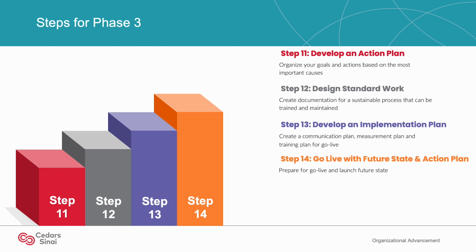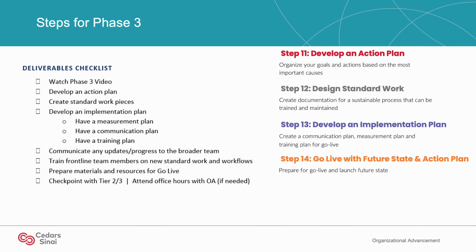By now, you and your project team should have completed putting together an action plan that addresses the root causes. You also developed standard work and put together an implementation plan that covers how you will communicate the new interventions, how you will measure its success, and how you will train your frontline team before going live. And lastly, you and your team have gone live with launching your interventions. As always, please ensure that you and your team have completed all the checklist items for Phase 3 before moving